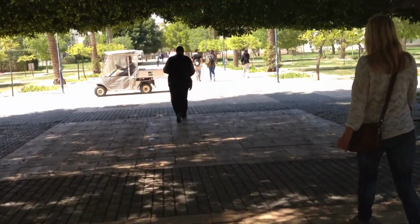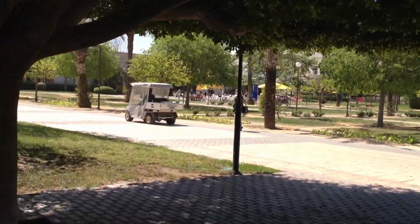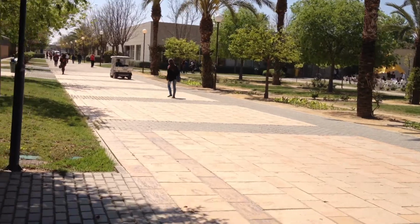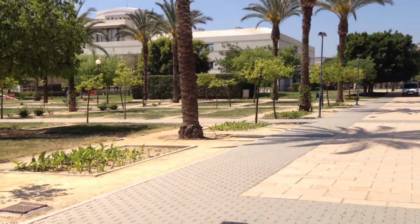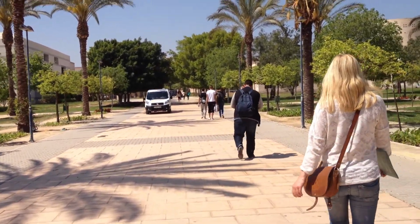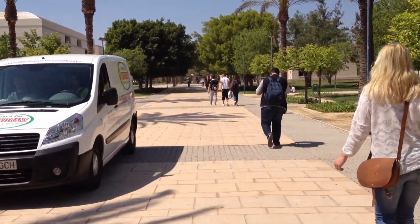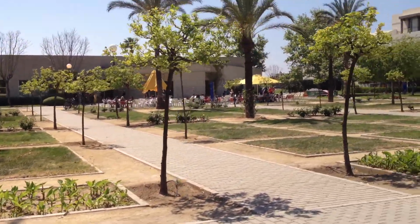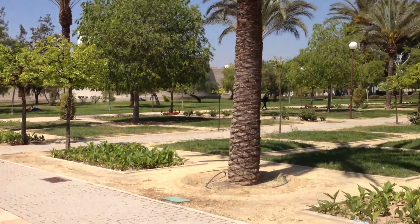And then over here to our left is the sidewalk, which leads you to the more city center type part of the university, where we have a local library, the bookshops, and there are 2 banks on campus with ATMs to take out your money. And there are little cafes like the one right there. You can see the pretty yellow umbrellas. And then over here on our right,